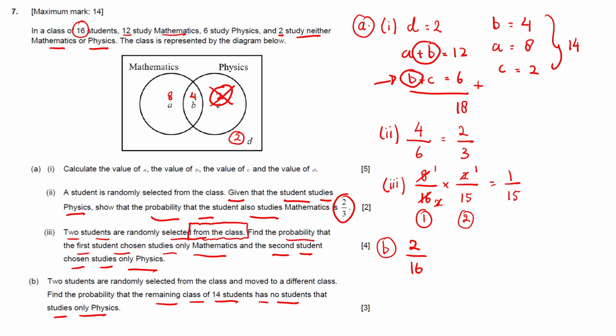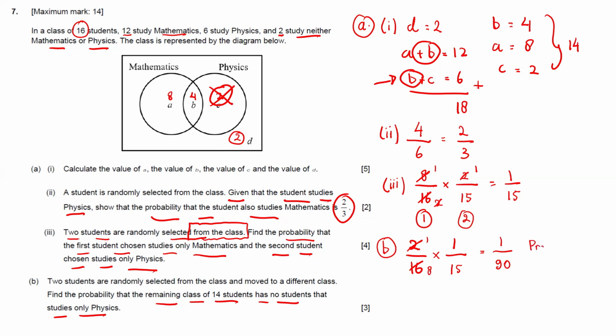Now that student is chosen, on the second try, from 15 students, it's also the students who study only physics. So we have 1 right here. So we can actually find the probability of this one here, 1 and 8. It means we will have 1 out of 90. So this is the probability